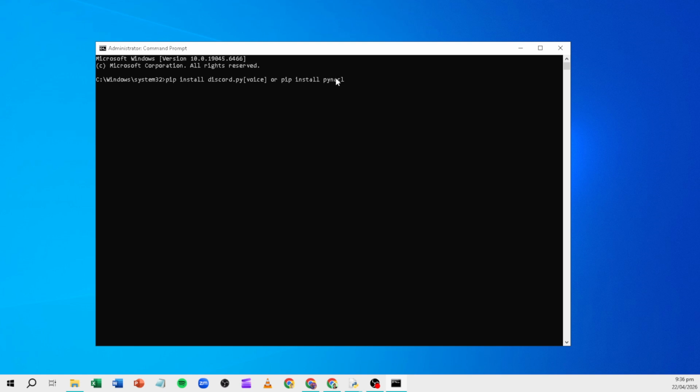Next, install the voice-related libraries your bot needs. The simplest route is to install discord.py with its voice extras. Run python -m pip install "discord.py[voice]". Using python -m pip ensures you're installing to the same Python that runs your bot, which avoids the classic pip versus